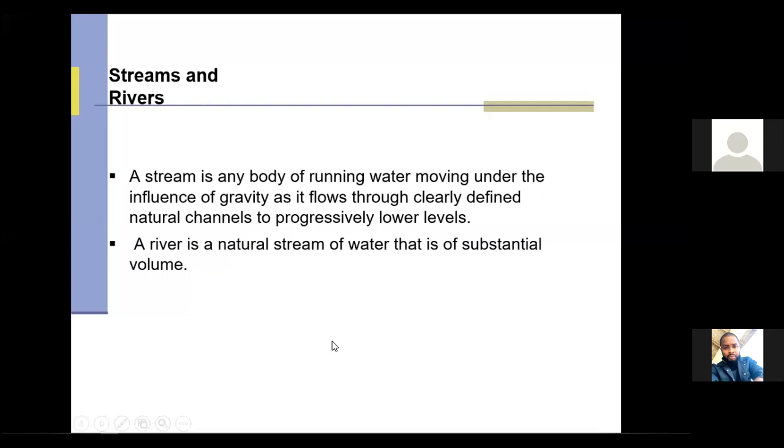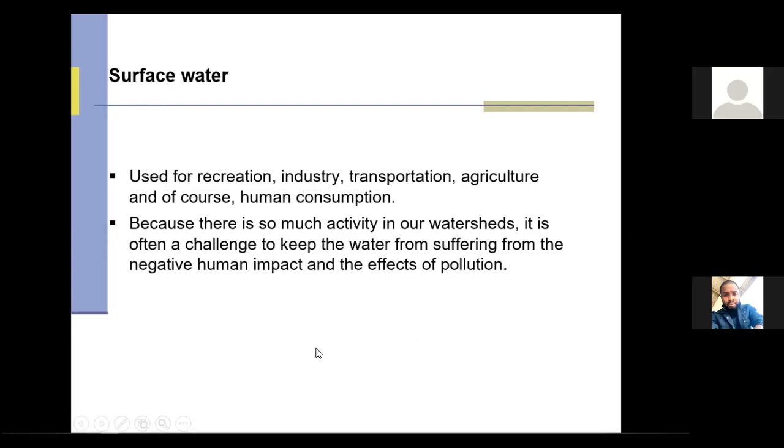Streams and rivers are moving bodies of water, versus a lake, which is not necessarily moving. A river is just a bigger version of a stream. The thing about surface water is we use it for recreation, industry, transport, agriculture. Again, we use it for human consumption. Lots of activity. And this word here, watershed, becomes really important